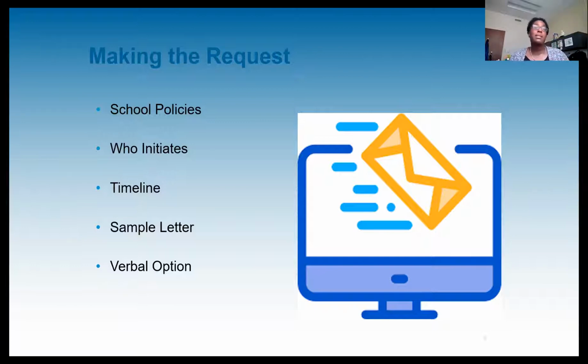The reason being is that once you have that meeting, then it's able to be implemented and enacted for the entire school year rather than having to wait throughout the school year to then have a meeting to initiate it. And then also making sure that a student who qualifies, they should hold a team meeting. Once they qualify, there will be a team meeting, and that team meeting can have various school personnel, but generally it will be you, the teacher, the case manager, whoever runs the meeting. Sometimes the principal will attend as well.